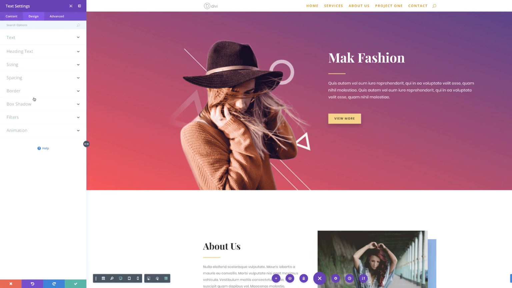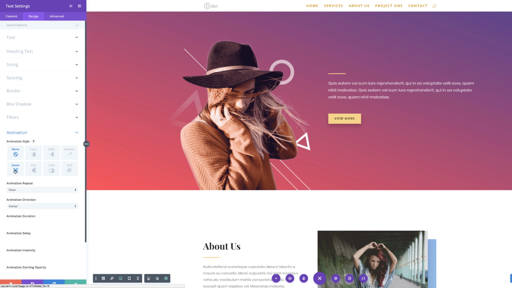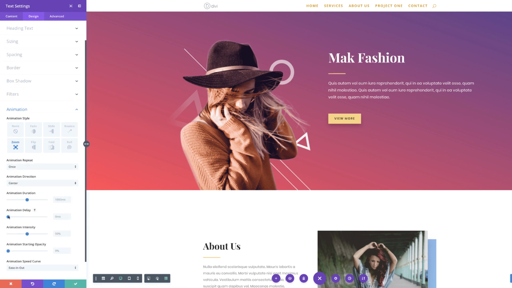And if we come all the way down here, we'll notice that we have this animation tab and we can animate this in several ways. We can flip, we can zoom in. So let's say I click on zoom, you can see now it's coming through. And this is where we can change these parameters. And as I'm changing it, you can see how the delay and the intensity